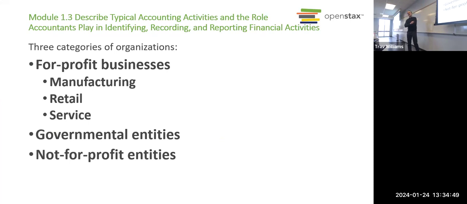All right, let's see. Types of organizations. All organizations use accounting. There are differences in government accounting. In fact, that's even an area of specialization. You can get certified as a government accountant if you're interested in that. So for-profit businesses, nonprofit businesses, and governments all use accounting. We can break these businesses down into different categories, like manufacturing businesses. What does a manufacturing business do?